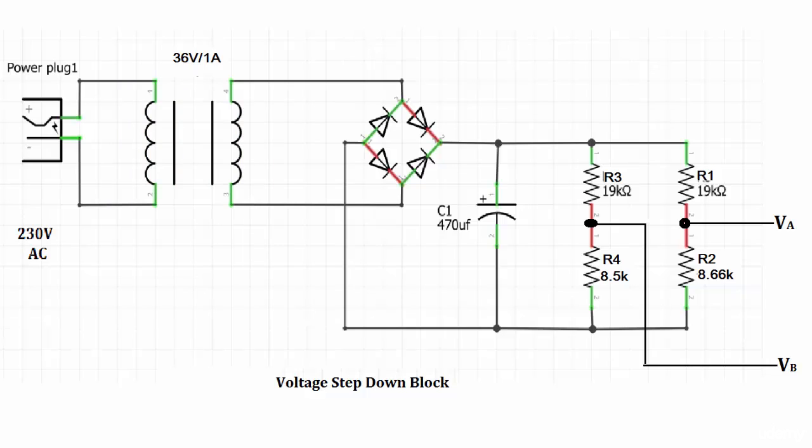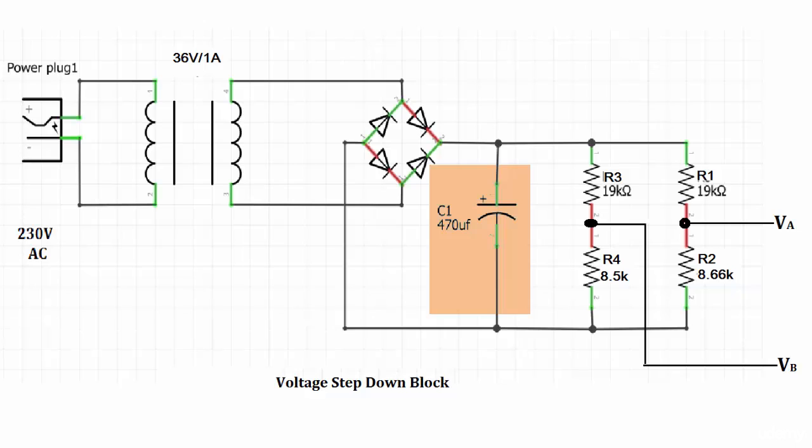Now I have a bridge wave rectifier which will convert AC input into a pulsating DC output. Then I will need some filtering circuit. I choose a capacitor to filter my pulsating DC and give some low ripple output. The bigger the value of capacitor, the lower will be the ripple in the output. So choose a sufficient value of the capacitor.